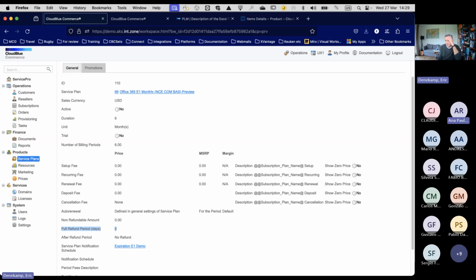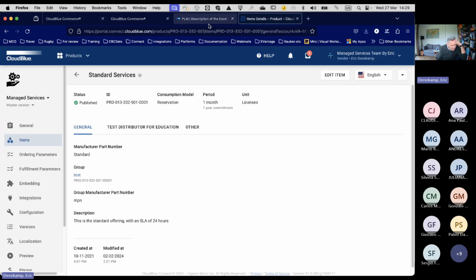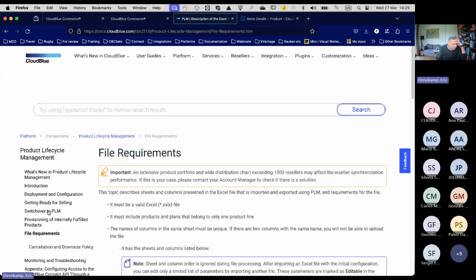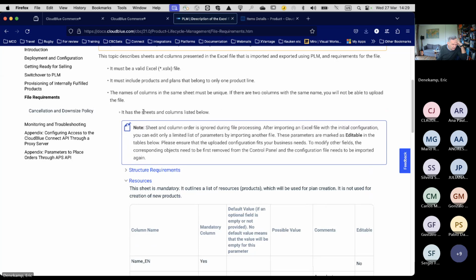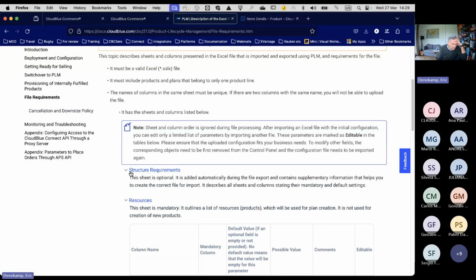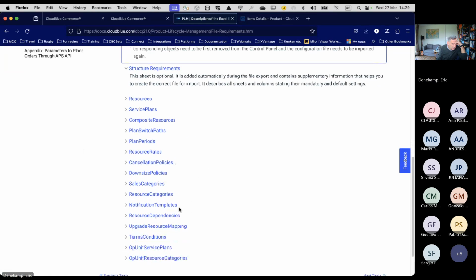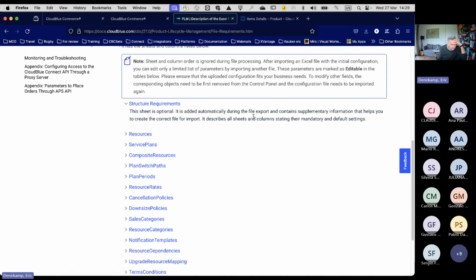Do we have a document or something with the possibilities for the languages? That's a good one. I'm not sure if we really have described that somewhere. Let me verify. Structure requirements, maybe. Optional. Always good to see that is there.